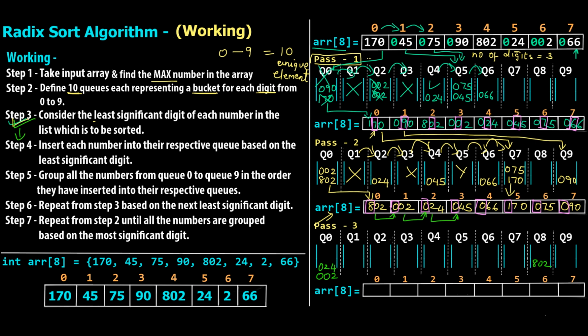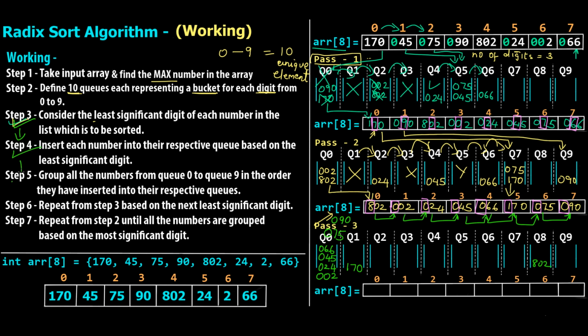Then I'll move forward. We have 045. We are considering zeros, so everything is going in Q0. Then we have 066. I'll write 066. Move forward. We have 170, so this goes in Q1 because we are considering 1. Again another 075, and we are pretty much losing space, so 075. And lastly we also have 090, so I'll write 090. Please excuse me for this bad representation, but we didn't have space over here. But anyways, now